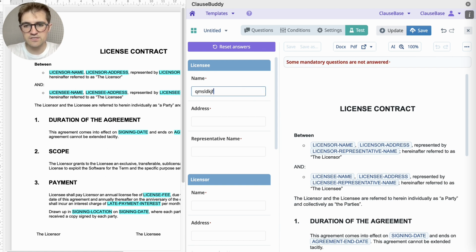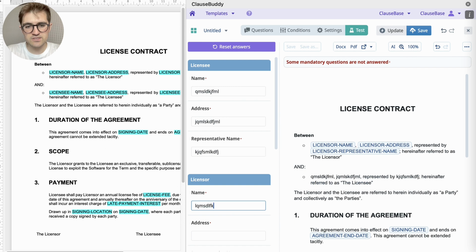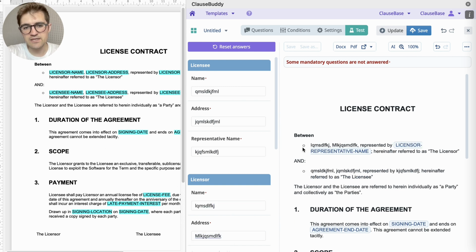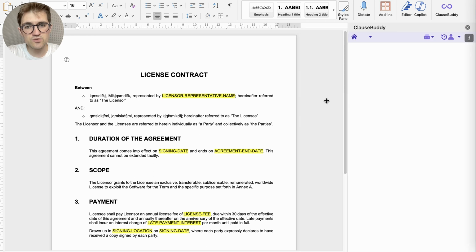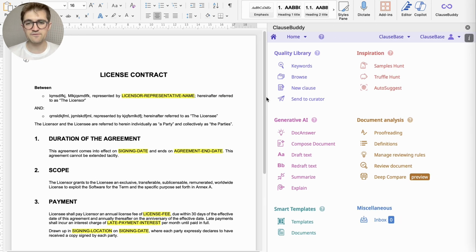You can see here, if I just fill out some of these questions with some random nonsense, immediately all of those answers pop up in the document. If we then generate a docx file out of this, we still have that option to add additional nuance or additional clarifications through some of the other pieces of the puzzle in ClauseBuddy, like, for example, clause extraction from our